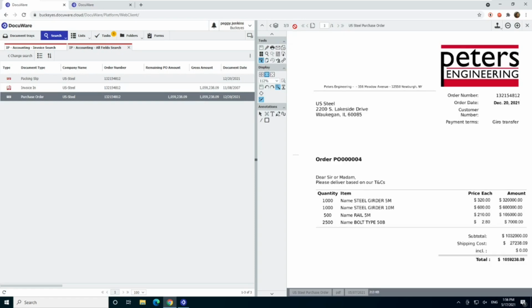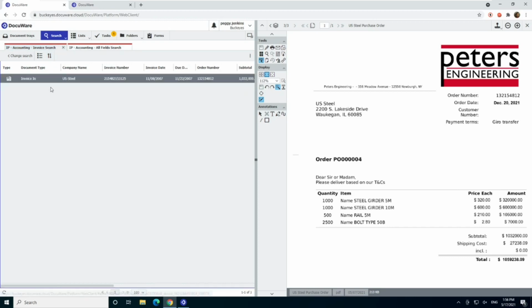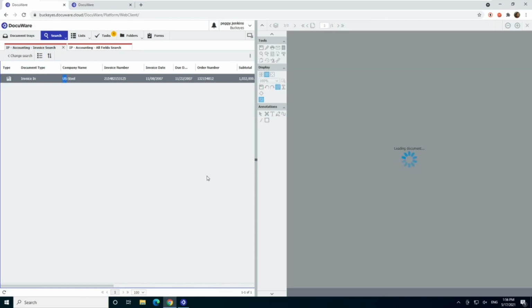So in a DocuWare environment, whether the document's clipped or not, as long as they have something that relates them, like a purchase order number or an invoice number, and those are all indexed with the same thing, you essentially have the same function whether you clip them or not. The other advantage I get by using related documents, let's go back to our invoice search. So let's say we just looked up the invoice and that's all we did. So we're looking at our invoice,